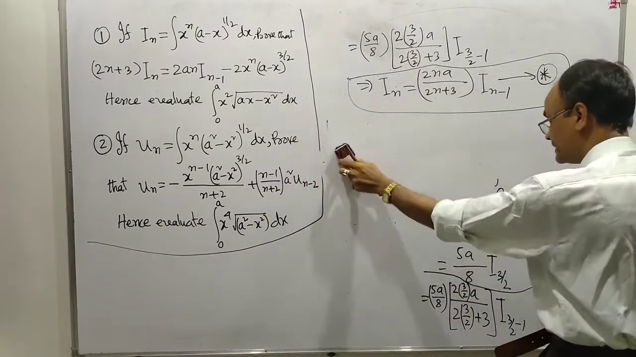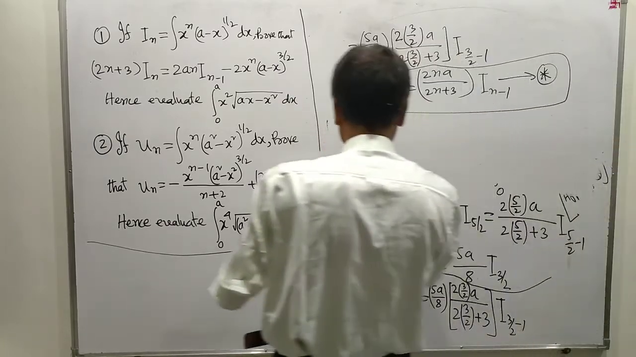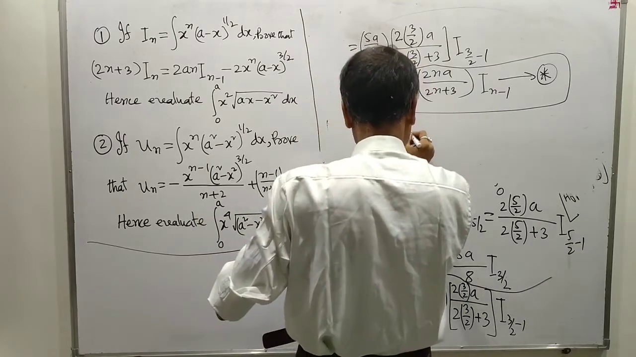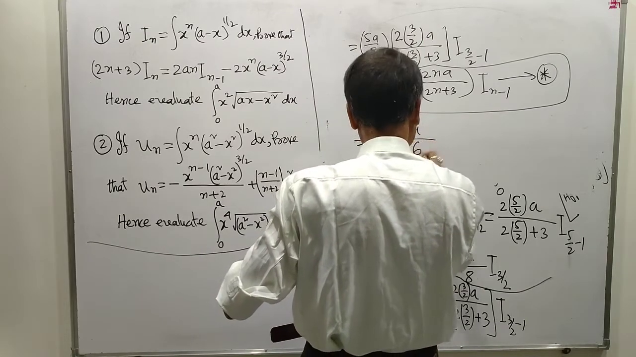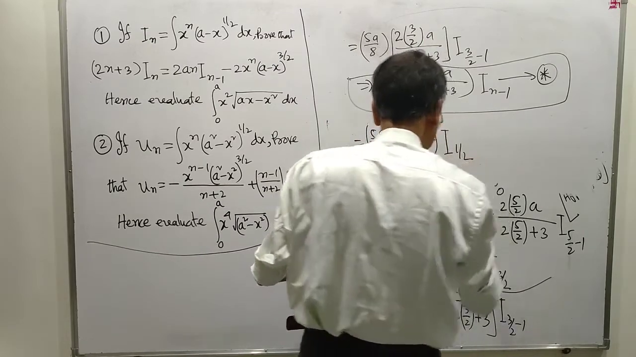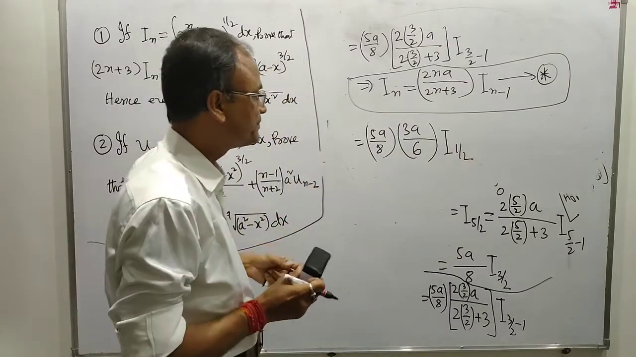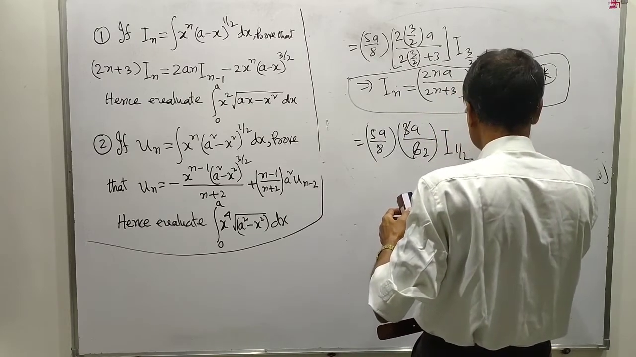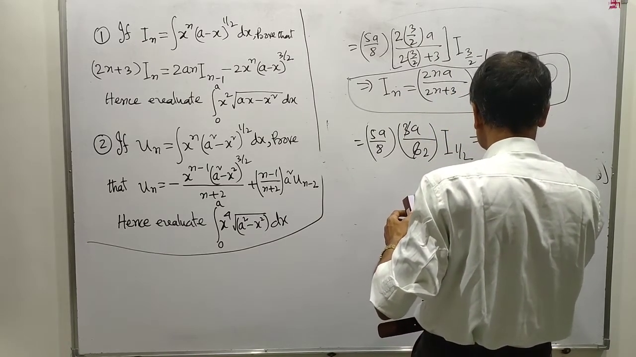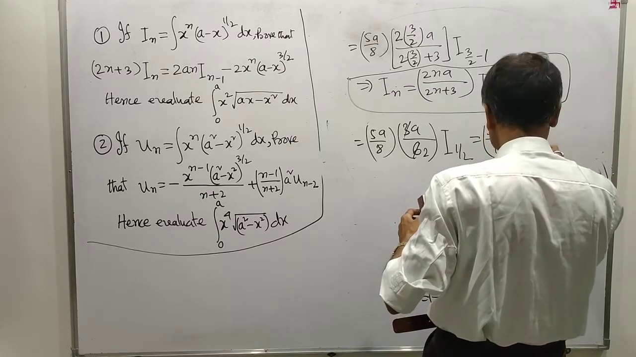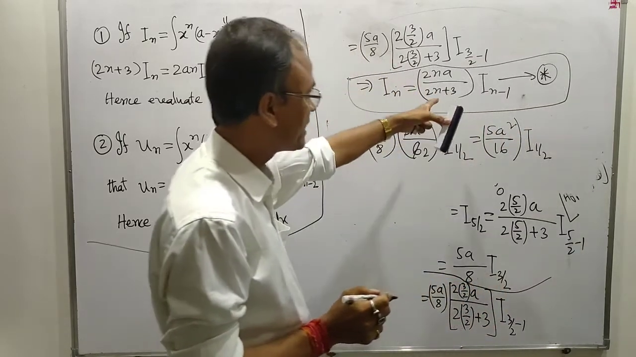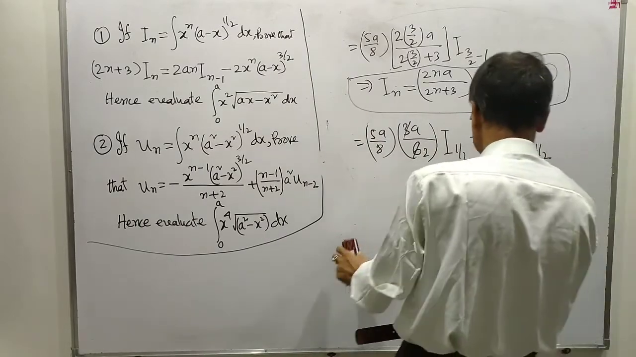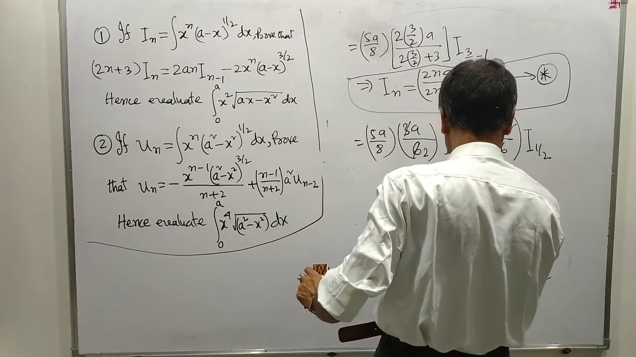Now, this is equal to 5a by 8. This will be equal to thrice a by 6 into I 1 by 2. This is equal to 5 a square divided by 16 I half. Now you cannot apply this one. Now you see, what is I half? This is equal to 5 a square by 16